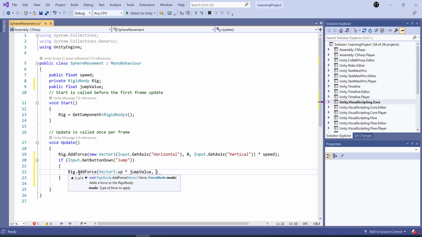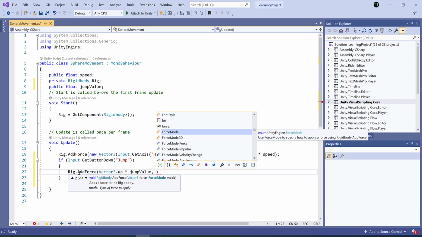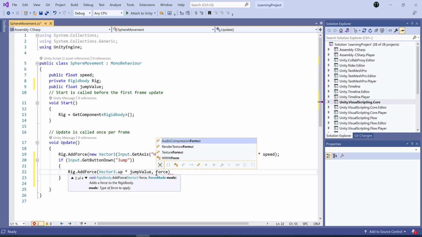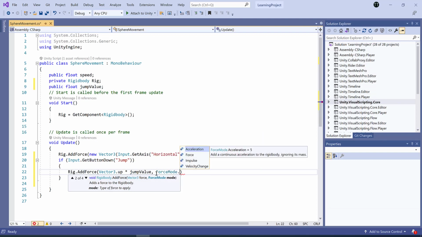Now when it is going to make a jump, we need to add the mode information, ForceMode. So we will type ForceMode dot, and we have a few options over here: Acceleration, Force, Impulse, VelocityChange.